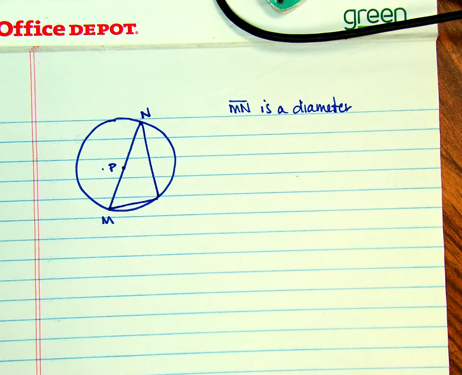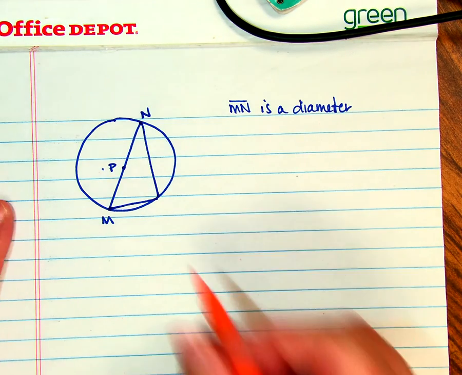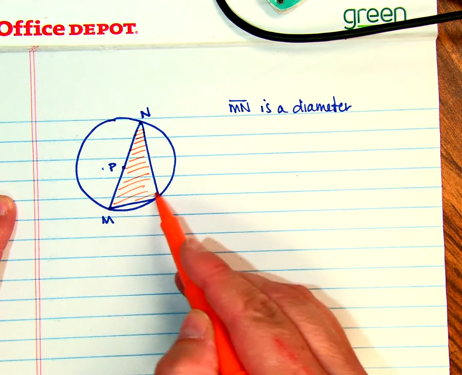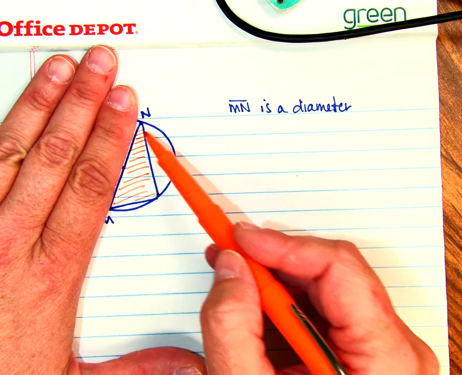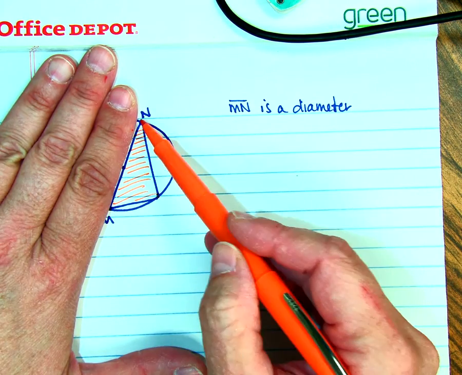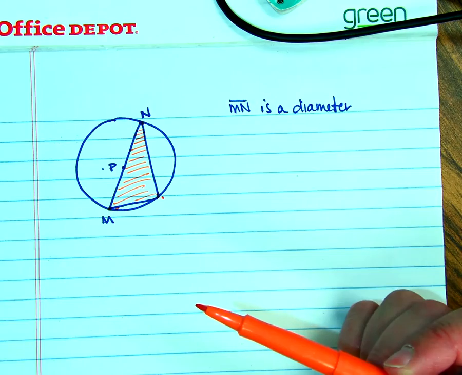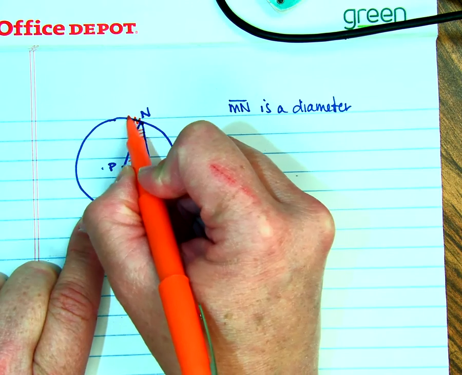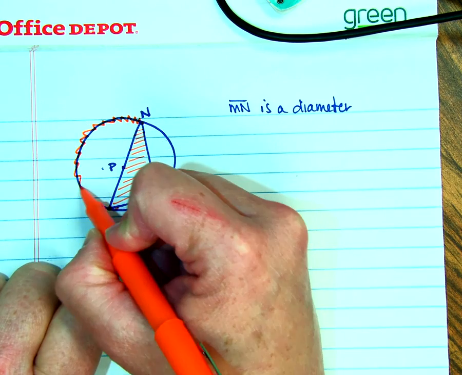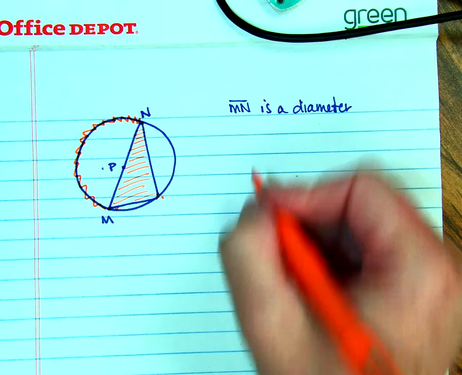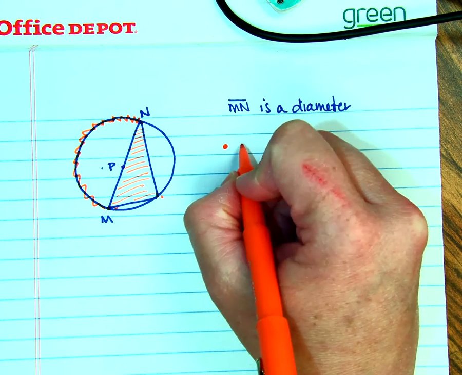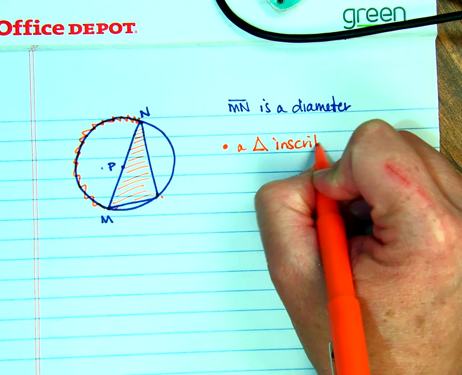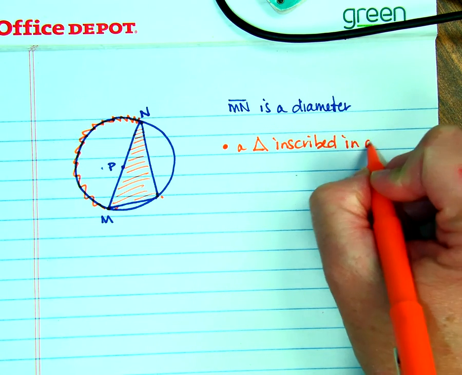So you can look at this a couple different ways. You can look at this as I have a triangle inscribed in a semicircle. So this triangle, all of its vertices are on a semicircle. Or you could look at it that if you have this angle, then the intercepted arc is a semicircle. Okay, so I'm going to note this two ways. It could be a triangle inscribed in a semicircle,